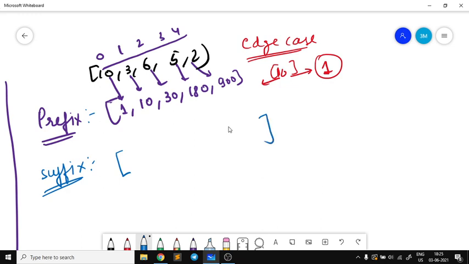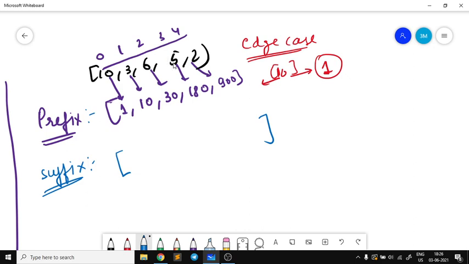In the prefix we start from the first index because we wanted to calculate from the left one, and we have to use the previously computed values. That's why we started from this one. The prefix and suffix array topic can be used in various questions also. It is a sort of easy DP, because we are using the product of a particular index for finding the product of any other index.